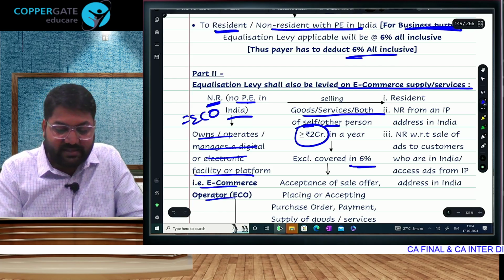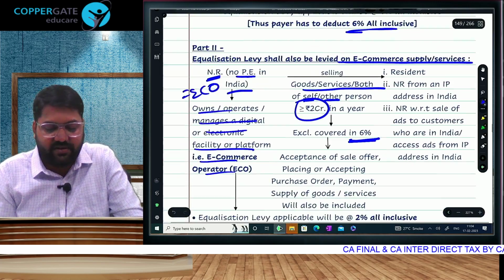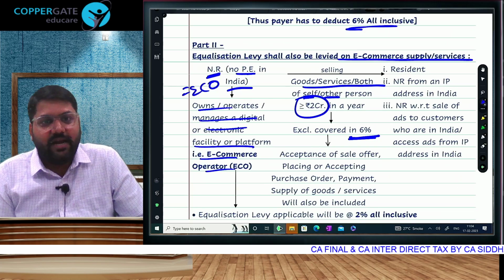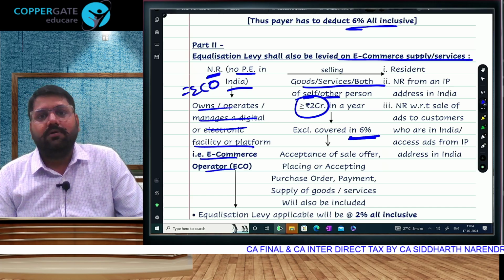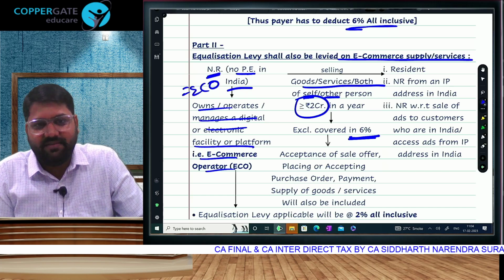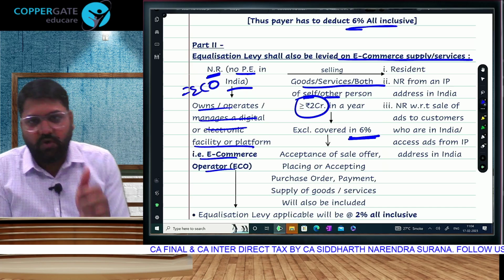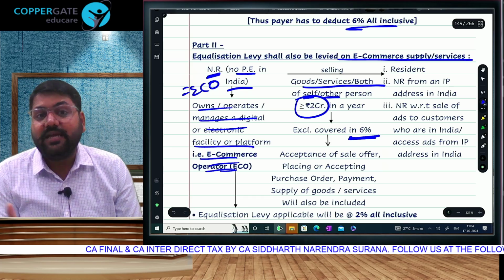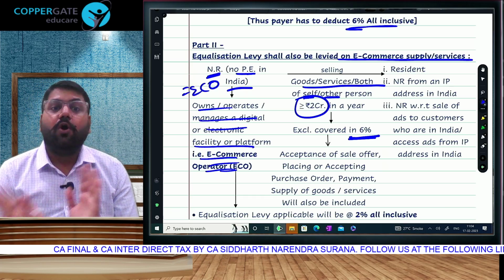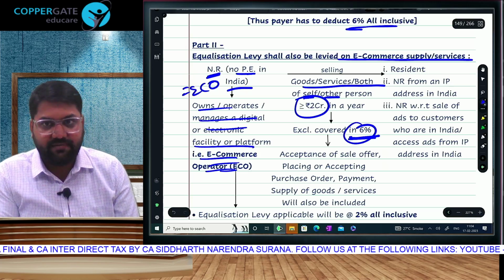And these services, as a clarification, exclude whatever is already covered. So if advertisement services are covered there, they will not be covered here. But Netflix web series are not covered there. Amazon.com is a non-resident, but if they have a PE in India, then they will be excluded obviously. I am giving examples to make you understand what this is. Non-resident, no PE in India, running a website or an app and selling goods or services of self or acting as an aggregator, but not covering goods and services which are already covered in part 1.